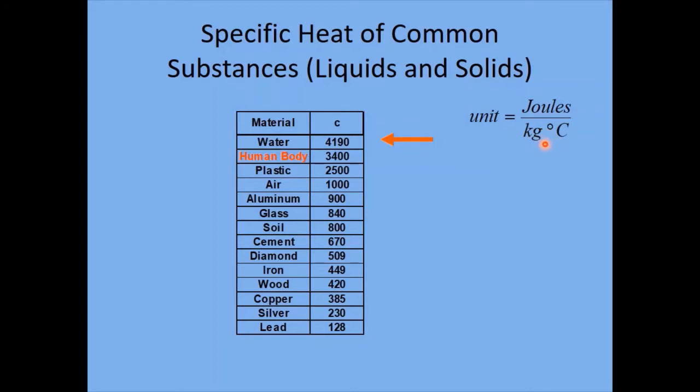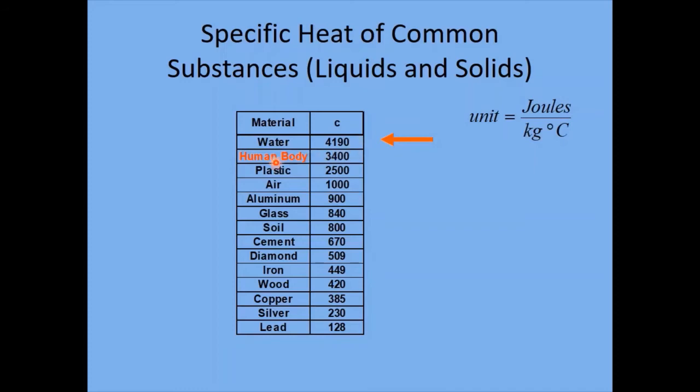per degree C. So what this means, remember the definition of specific heat. If we have 1 kilogram of water, and a kilogram of water again is 1 liter, so this is like one of your hydration flask type liter bottles of water, it would take 4,190 joules of heat to raise the temperature of that water by just a single degree, which you probably wouldn't even notice the temperature change. So water can absorb a lot of heat, and we'll talk about it a little bit more in the next